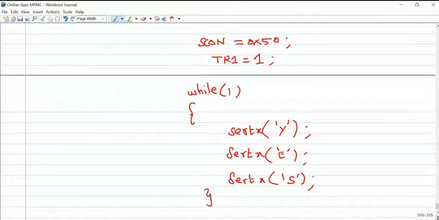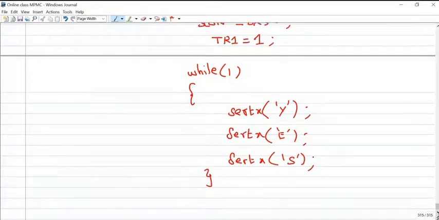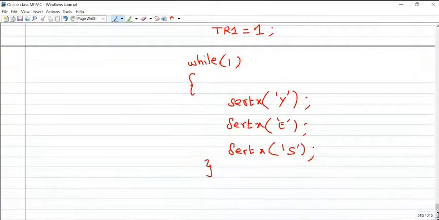From the main program, I'm calling that function and also passing the arguments. So the main program is completed up to this point.